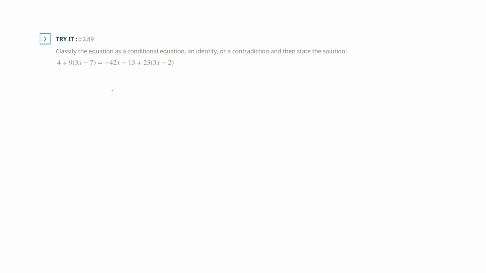Okay, now I think the more value here is trying to clean up something as messy as this. Let's try. So the first thing I've got to do is I've got to distribute. Okay, going to clean up the rooms. They're not clean. So over here I've got 27x minus 59 equals